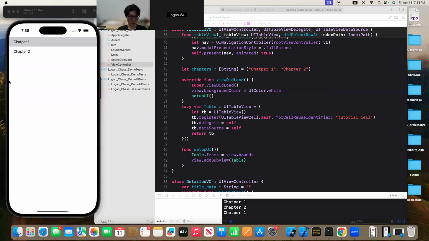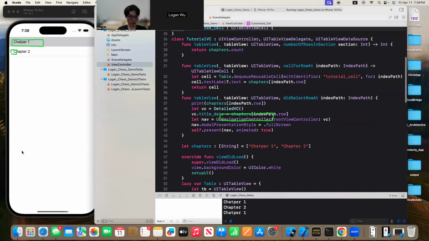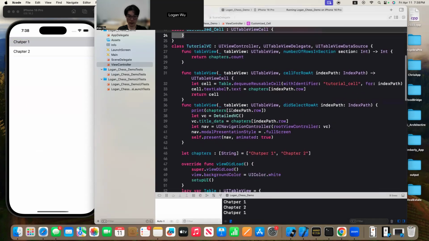All right, so this is a quick review of the UI table view cell customized. For instance, if we do not implement a customized table view cell, this is how we do it, right? And this is a default or regular UI table view cell. It allows us to have a text label and, of course, an image view for free. There are two free elements here, and I'm going to show you where you can get the free image view